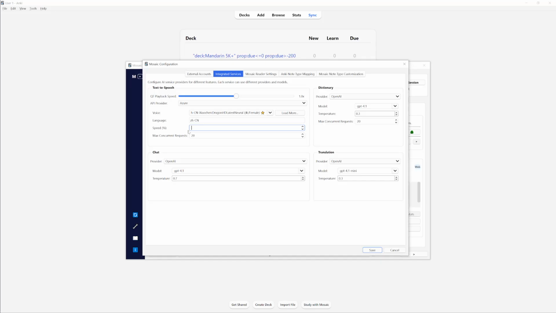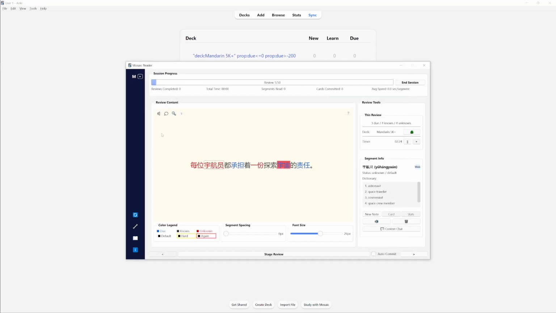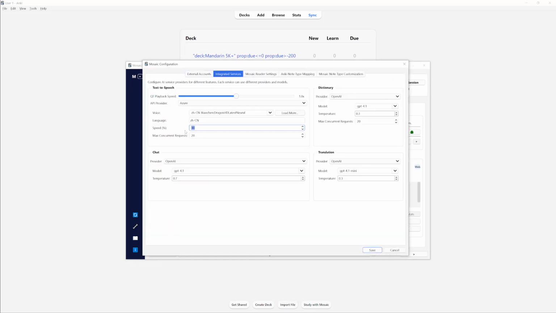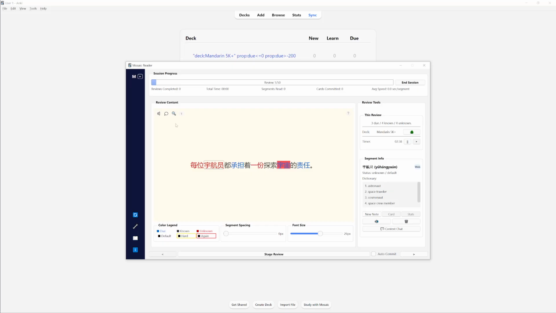Maybe I want it closer to a natural speed, maybe at 90 here out of 100, and then redo the sentence. 每位宇航员都承担着一份探索宇宙的责任。 I find that to be pretty fast for my current level of Chinese, so I usually keep it around 70 or 75. 每位宇航员都承担着一份探索宇宙的责任。